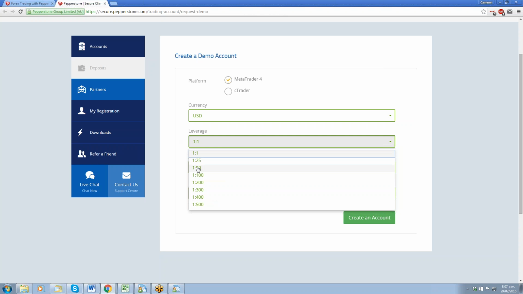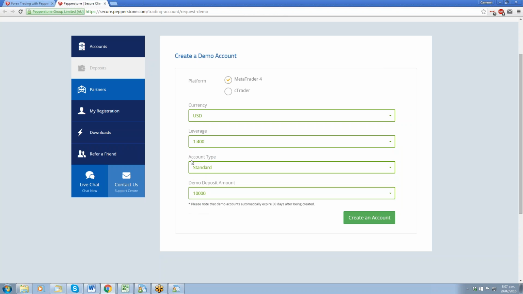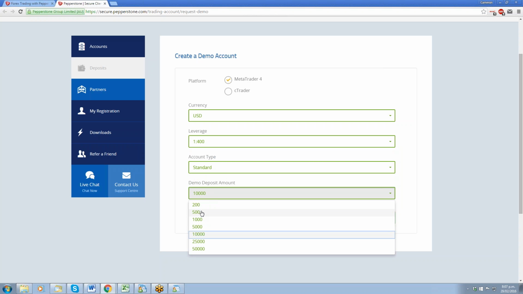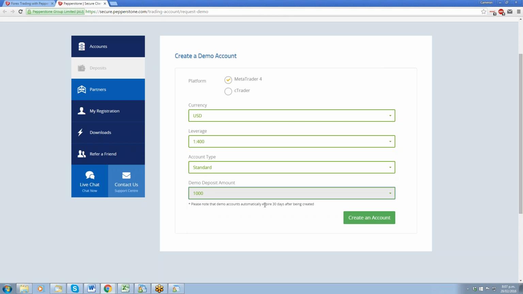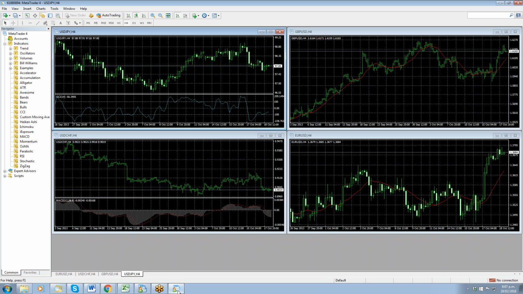I think the States can only get 1 to 50, so it's very limited to your country as well, but over here we've got 1 to 500, this is New Zealand, but we'll stick it to 1 to 400. Account type standard's fine, and I'd like to just stick with a nice easy amount here. Don't want to go too high because it'll give you false expectations. Let's see what this one's doing. It's already opened us up another account, so